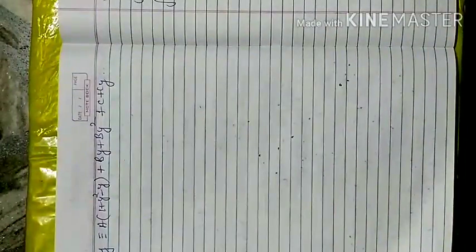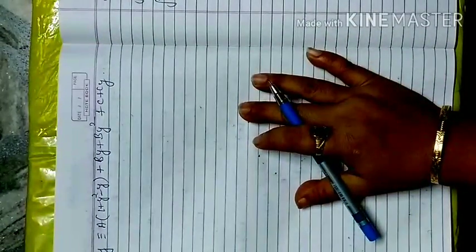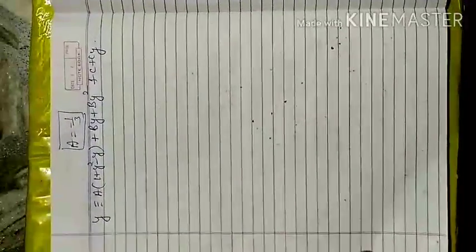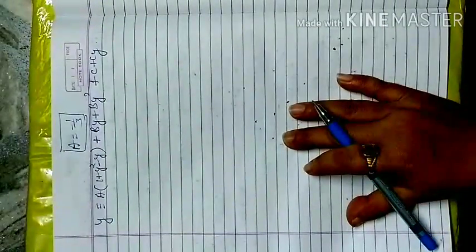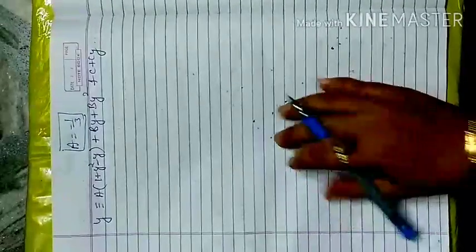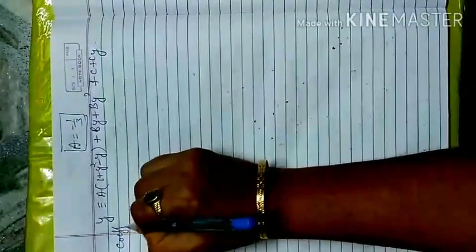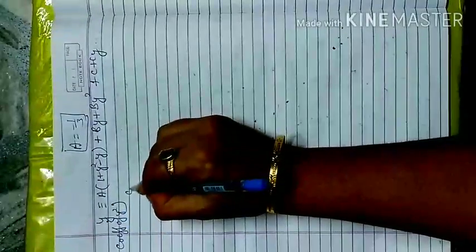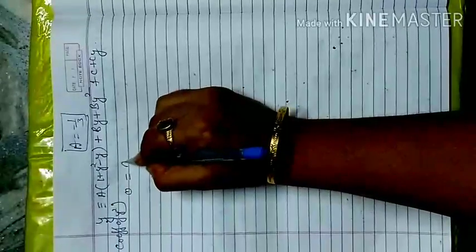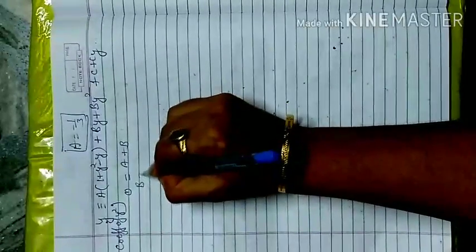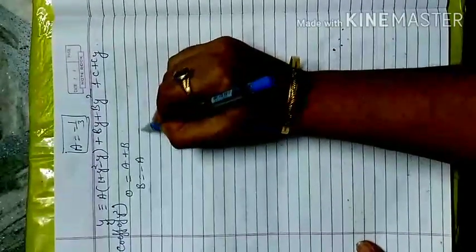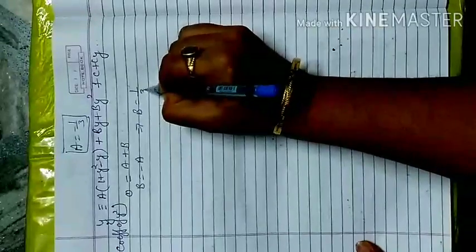Now for finding the b and c variables, we have already found the value of a is equal to minus 1 by 3. To find b and c, first I find the higher power of y. So I will identify the coefficient of y square, because y square is the higher power. On the left side no y square term is there, so we mark it 0. On the right side, one accompanies a, one accompanies b, that means b is equal to minus a. We already got the value minus 1 by 3, so your b value is 1 by 3.